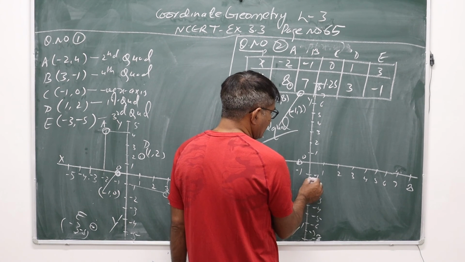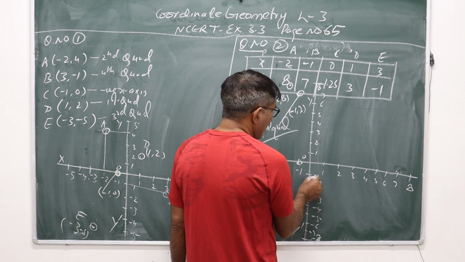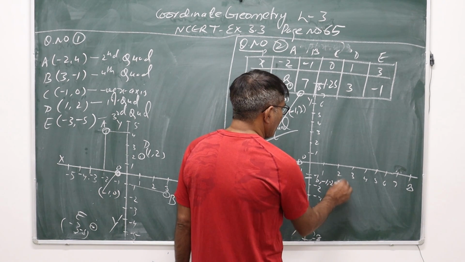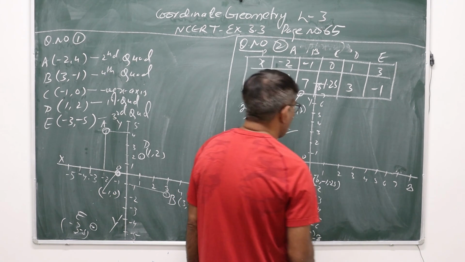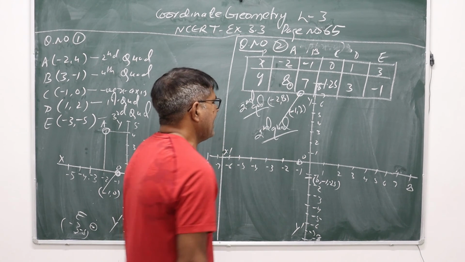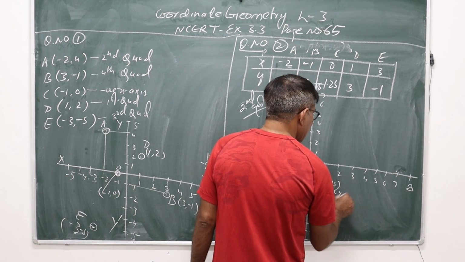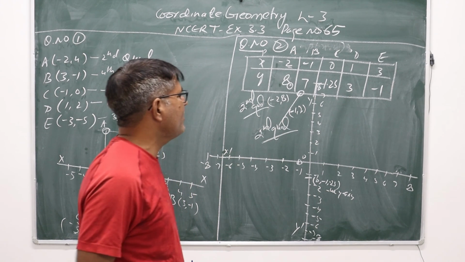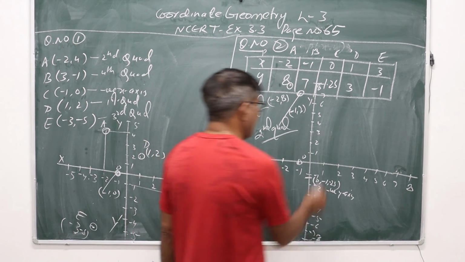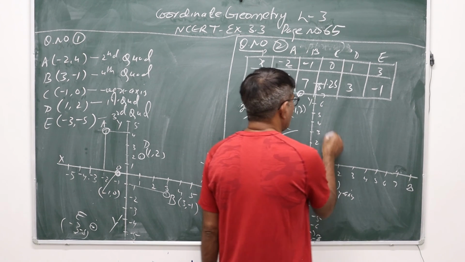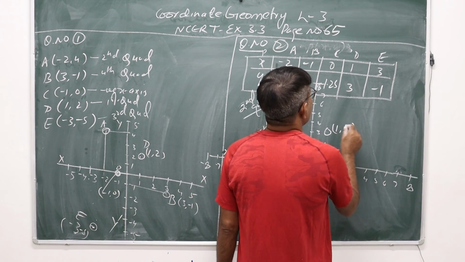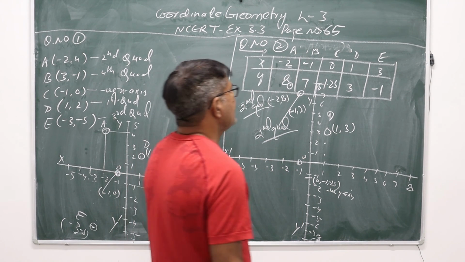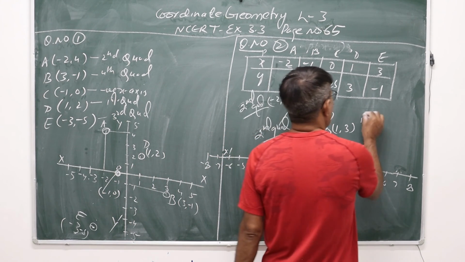-1.25 का मतलब -1 और 2 का 1/4. This will be your (0, -1.25) point which lies on negative y axis. Negative y axis. This third point C का location. Then D (1, 3) both are positive, so it will be in first quadrant. X 1 है, y 1, 2, 3. This is (1, 3) and point is nomenclature as D. D is (1, 3). This lies in first quadrant.